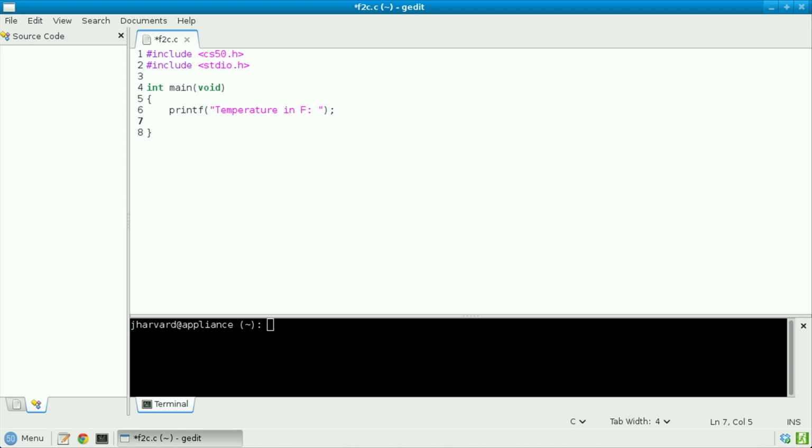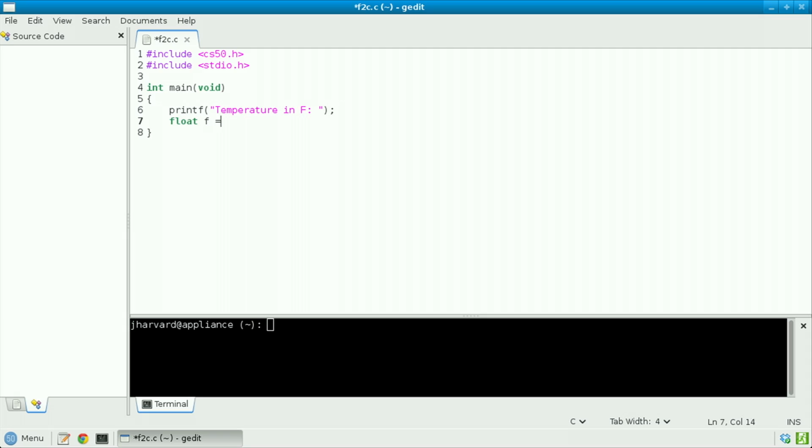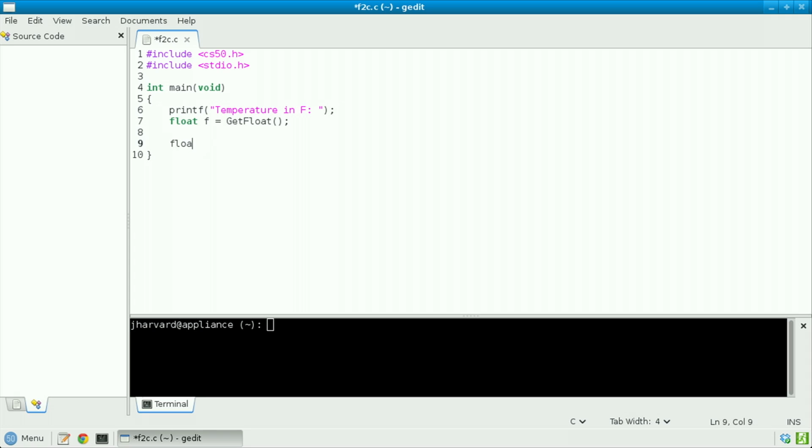And let's now actually get that temperature from the user, first by declaring a variable called f of type float. A float, again, meaning a variable that stores a floating point value, one with a decimal point. Let's assign it the return value of getFloat. And then let's do a bit of arithmetic on it, first declaring another float called c for Celsius, and store